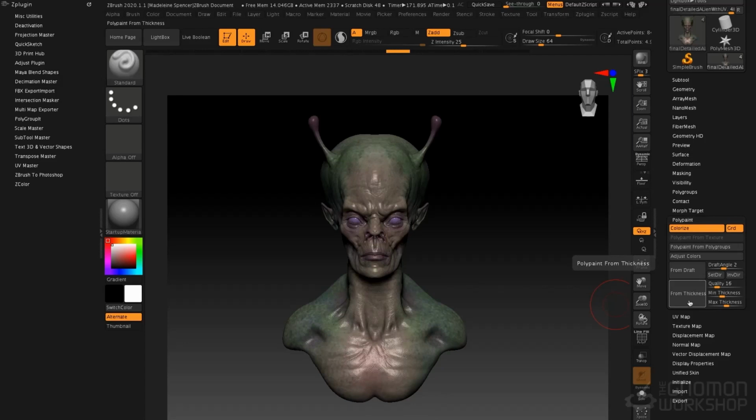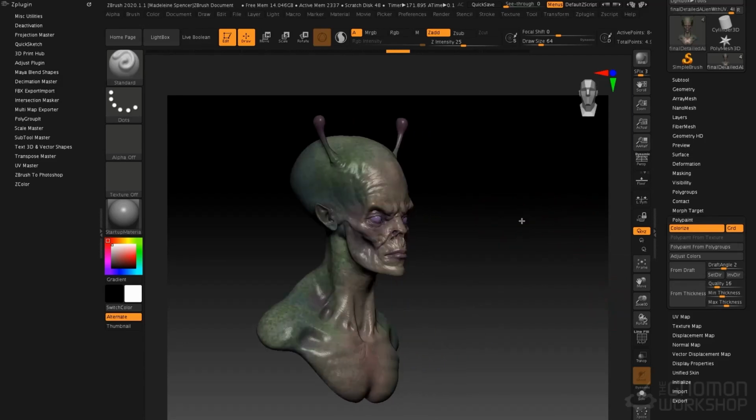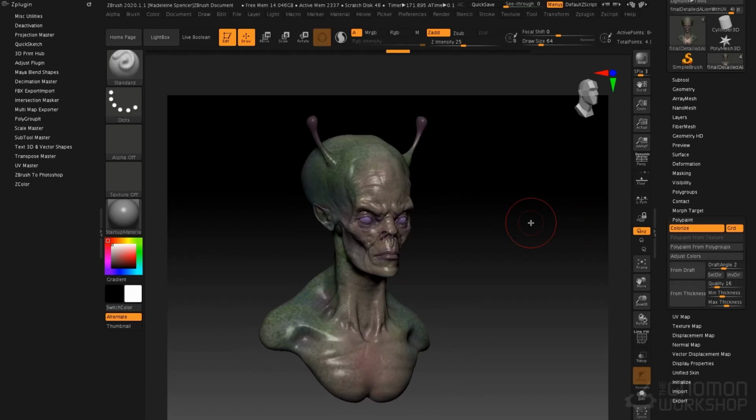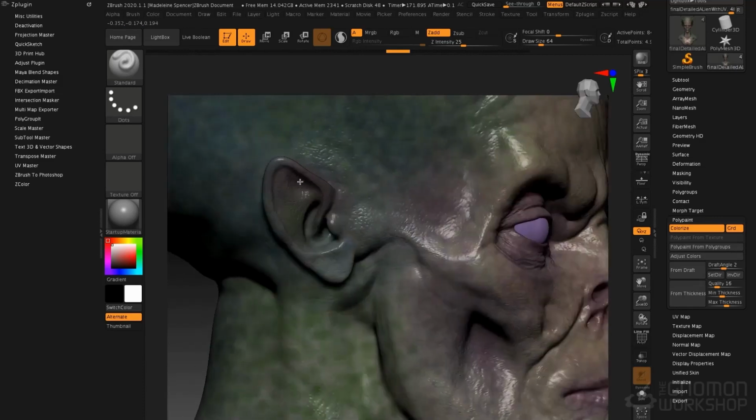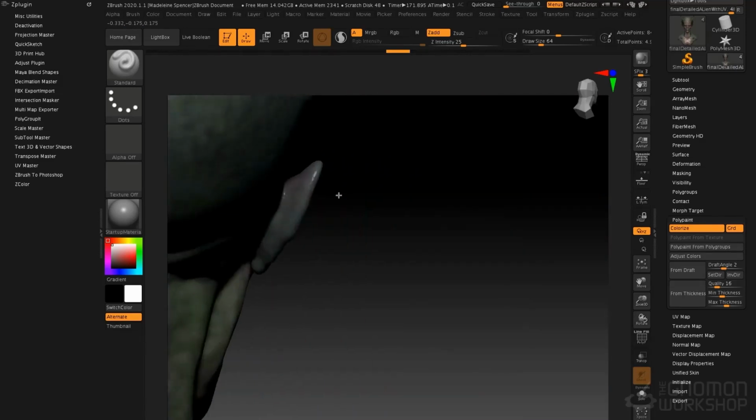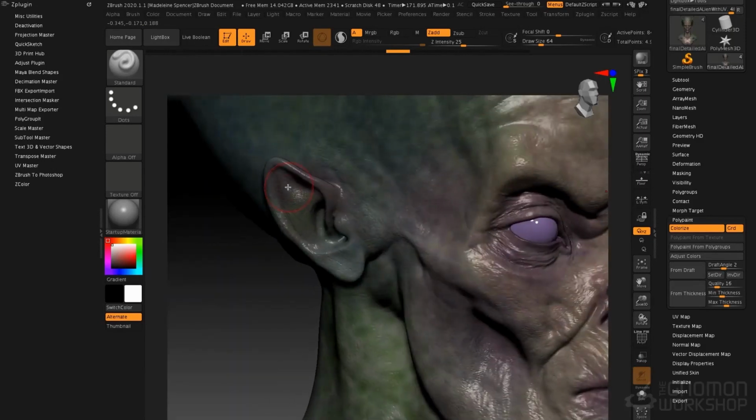We'll start by looking at thickness. When we have an object like this bust here and we want to 3D print it, first of all we need to establish the scale, the object size. Now once the object size is set, we need to make sure that parts of the object are not too thin to actually be printed. So for example, here in the ears, very often we find the ears can end up being too thin. So an object that's maybe 6 inches tall, the thickness of that ear will be too thin for some printers